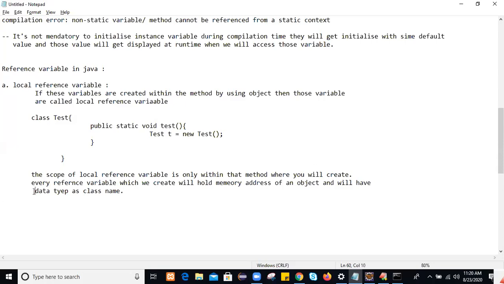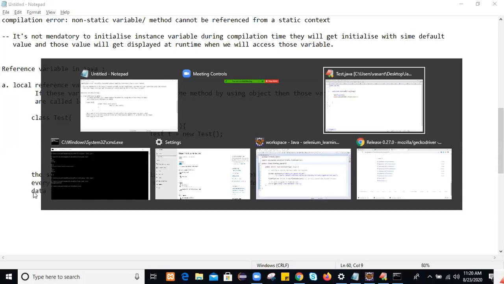So just add this statement, will have data type as class name. And then practical.